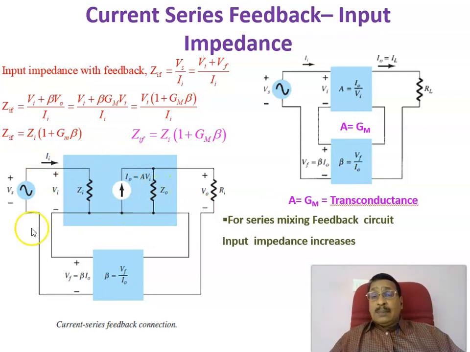That same thing is represented as a diagram. This is the amplifier, and here you are tapping the current, and the output is a current, while the feedback signal is a voltage. Beta is equal to Vf divided by I naught. Therefore, Vf is equal to beta times I naught. That is subtracted from this input, and we get the input to the amplifier, and the output is the current. Therefore, the input impedance with current series feedback is Zi into 1 plus Gm into beta. Input impedance is increasing by introducing a negative feedback circuit.